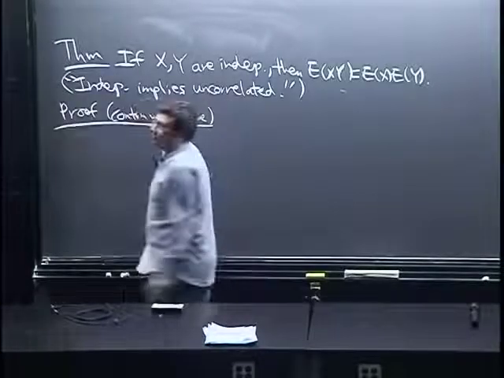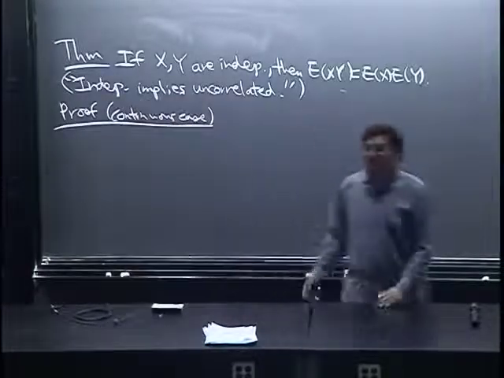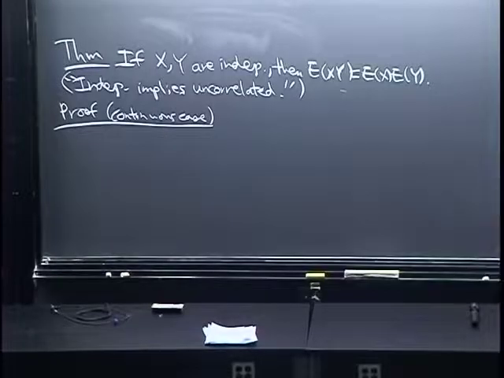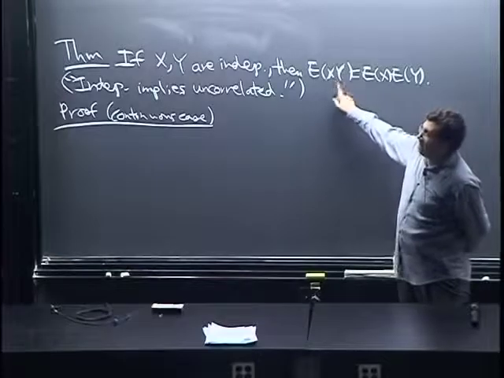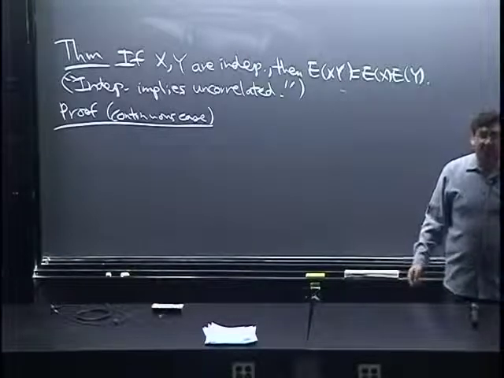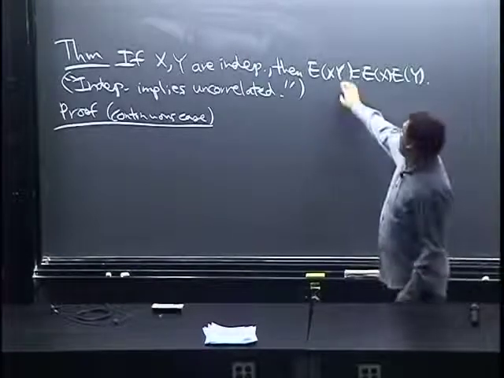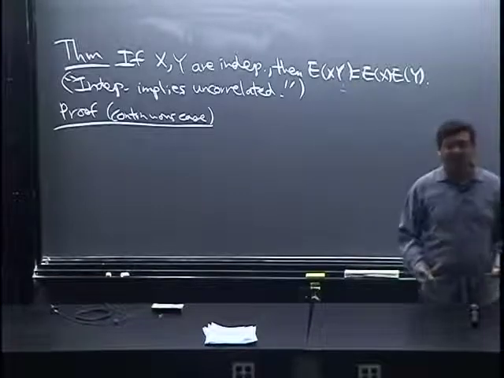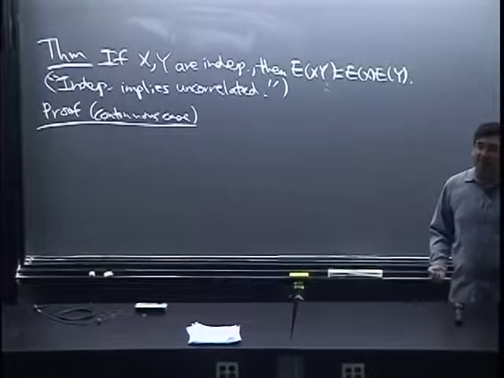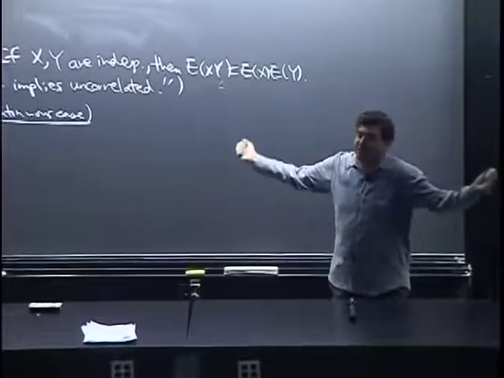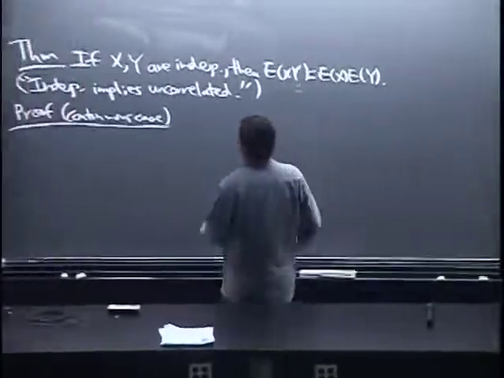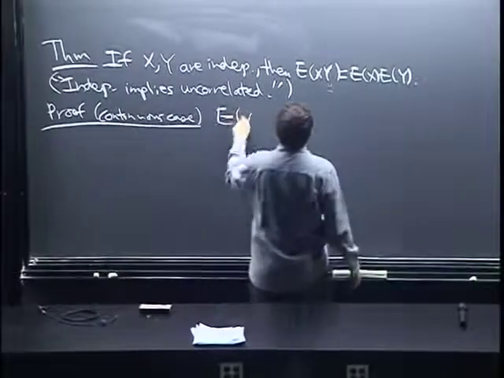Well, we're just going to use the 2D LOTUS, right? That saves us a lot of effort because when you just see this thing E of X times Y, it's a random variable in its own right, okay? So the first time you see this, you might think, I need to study that random variable. That takes a lot of work. 2D LOTUS just says, well, that's just a function of X, Y. I'm just going to use LOTUS, and it's going to be easy. So E of XY equals,